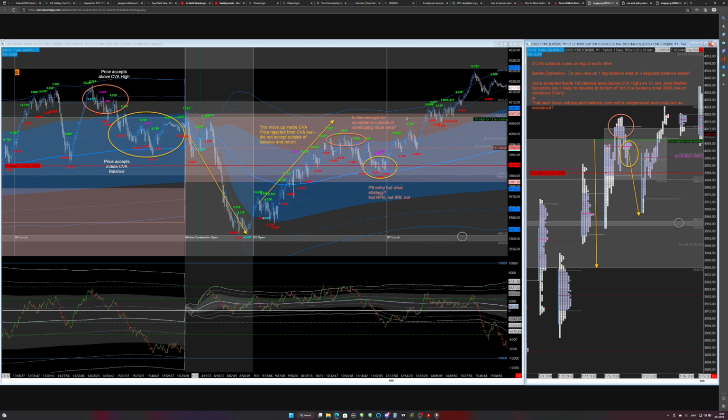I don't know if it was this CVA high or this at the moment, because it's not clear on your picture right now. But I think this was the CVA here. Yes, that's right. And when you come here and you are thinking about sizing out, you see what price is doing, like the acceptance picture again. I will try not to size out here, because this is an acceptance picture, like time acceptance is here,